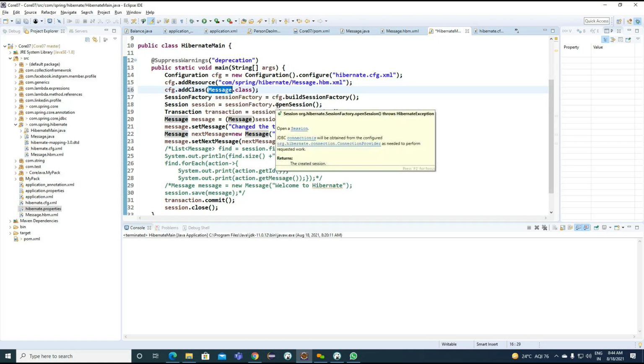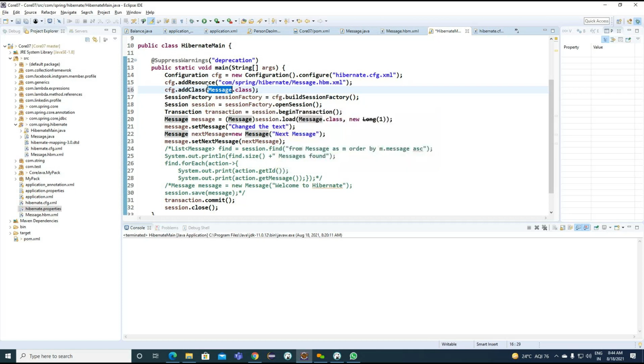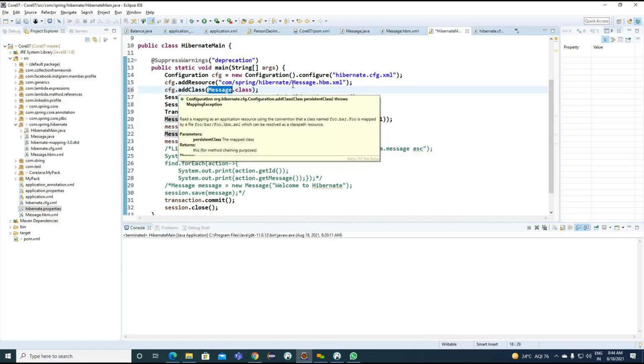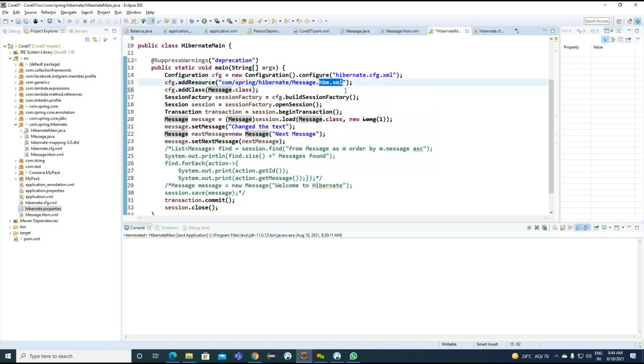It will try to look for the particular mapping document with the help of this particular class, with the extension called hbm.xml. Getting the point? So this is going to be taken care of by Hibernate whenever we add a class here. But the add class is not going to work in our case because of the package we defined. So if we observe,